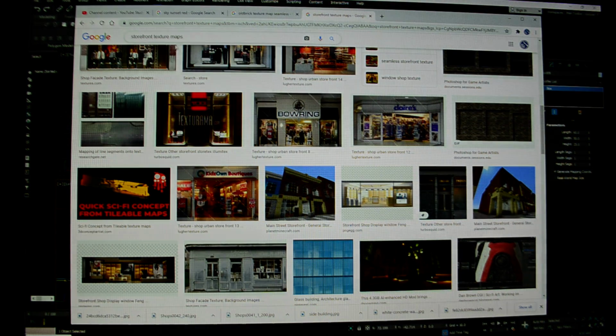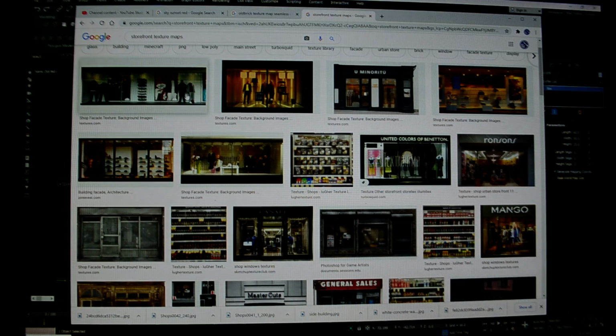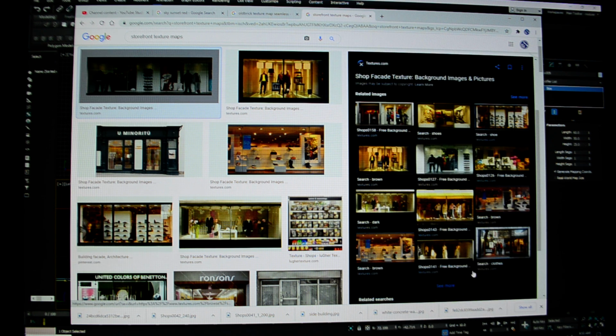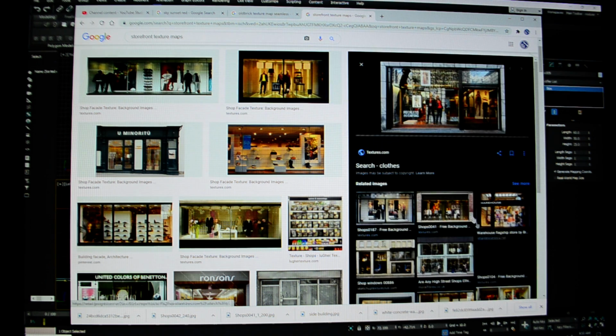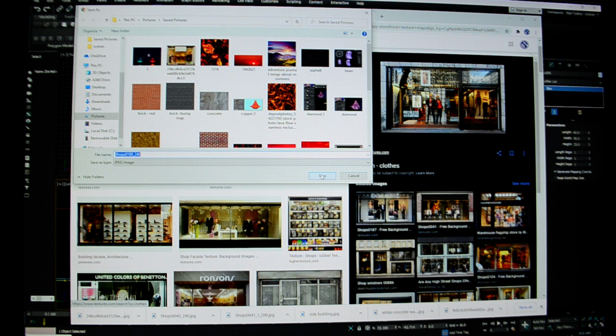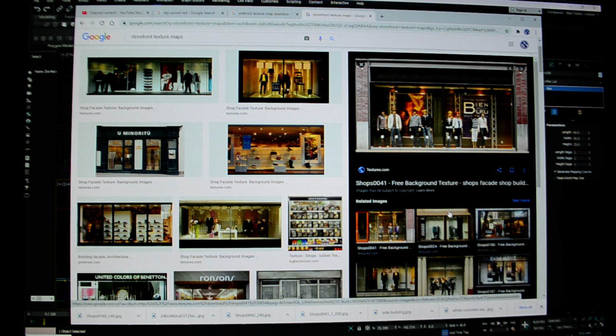I typed in storefront texture maps, and I clicked on, I forget which one it was, this one. And you see it gave me all these really great storefront images that I thought, well, this will work. All of these are great. It's got a reflection in it and everything. Could use these. The problem is, it's just a portion of the building, right? So what I decided I could do is